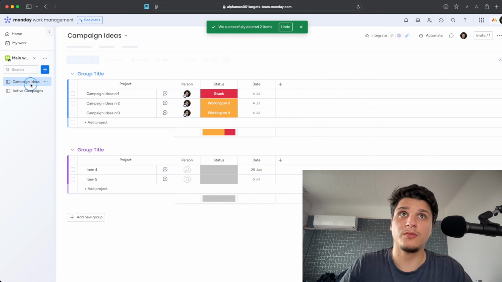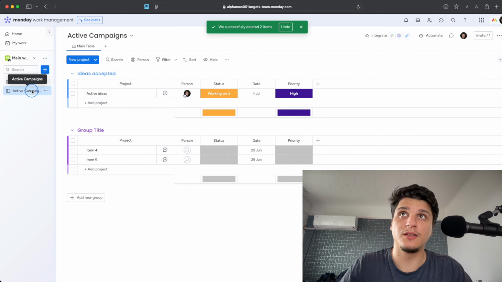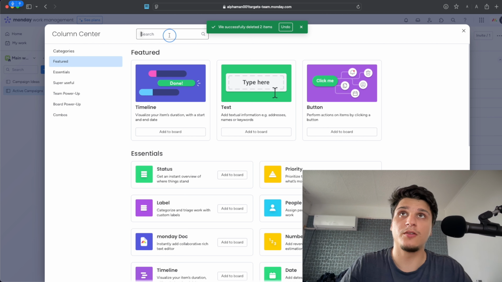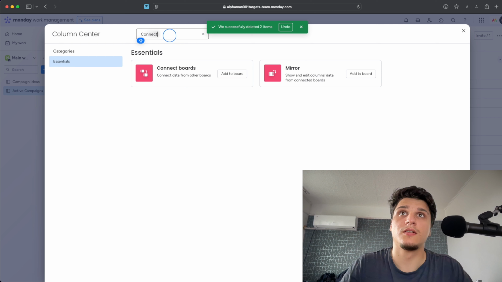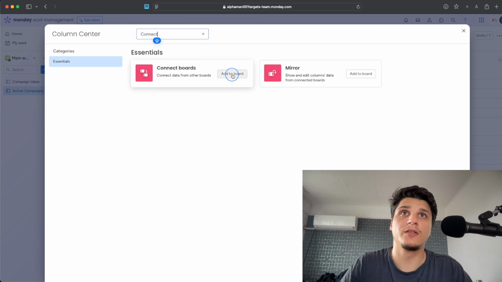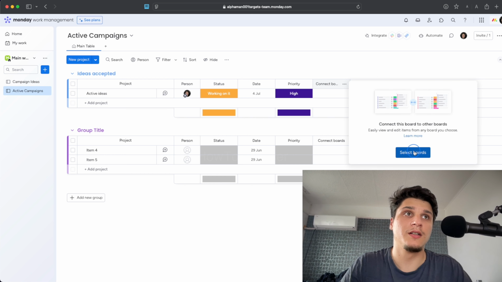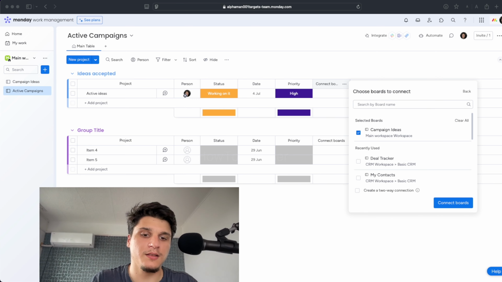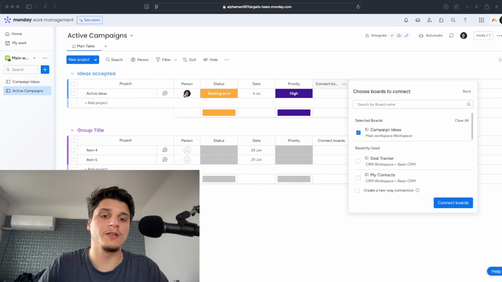So what I'm going to do right now, because we have to connect this board, is click on this plus right here, and here I'm going to write connect, and then here I have connect boards, add, and then here select boards. I'm going to select this one, campaign ideas. I'm going to move this camera here one second, and then make sure you check create a two-way connection,